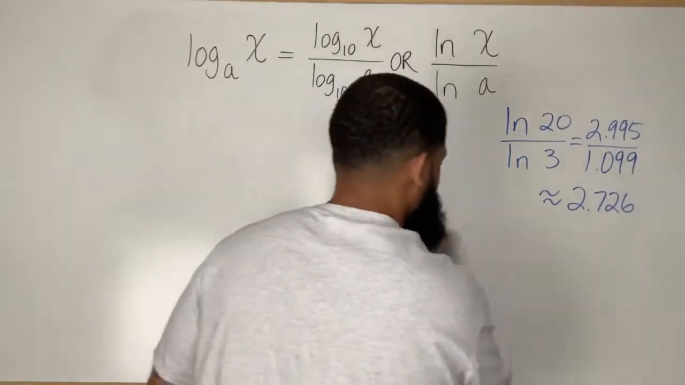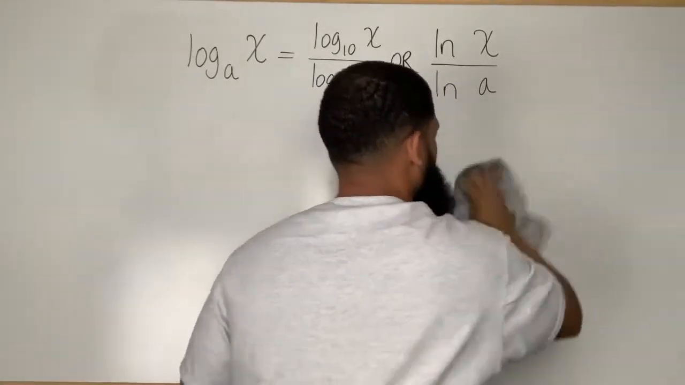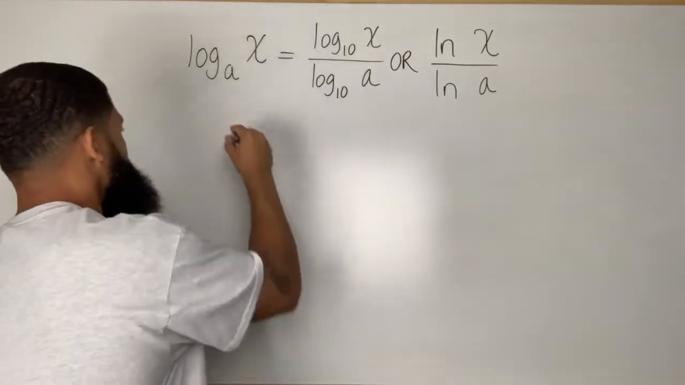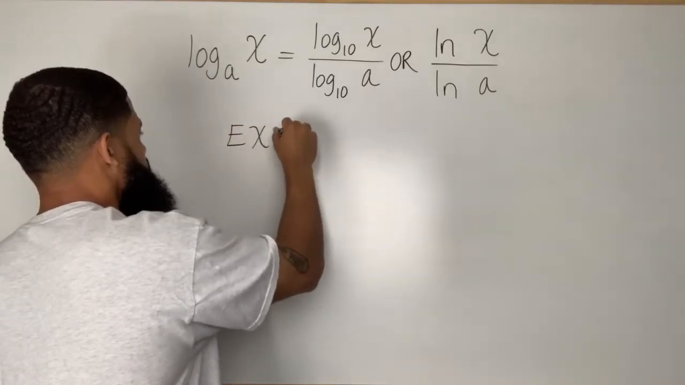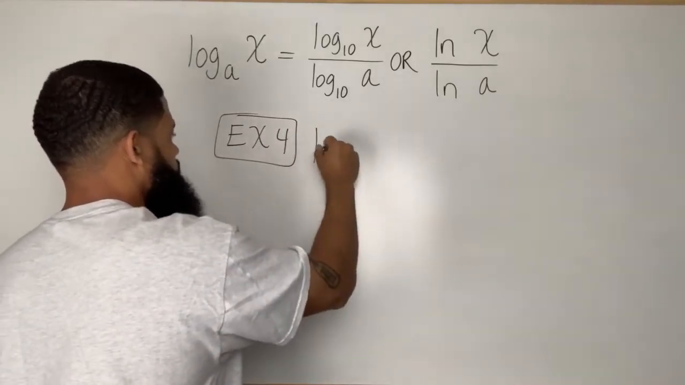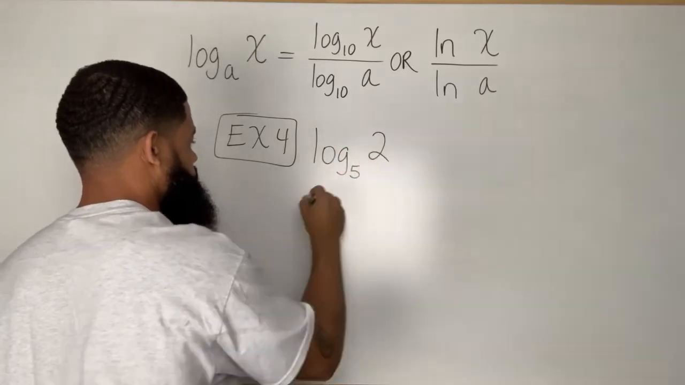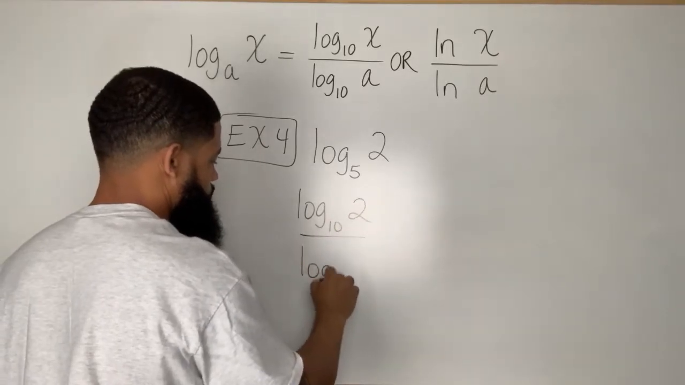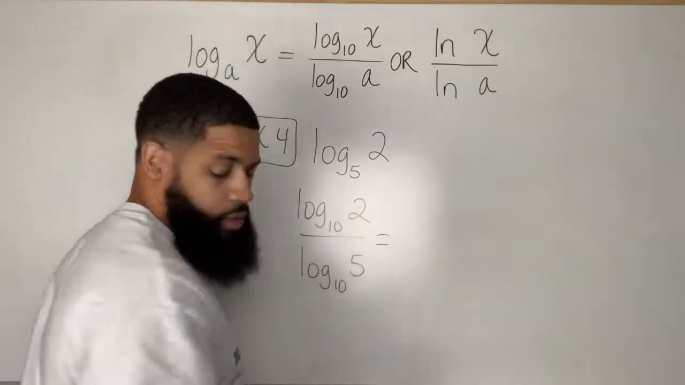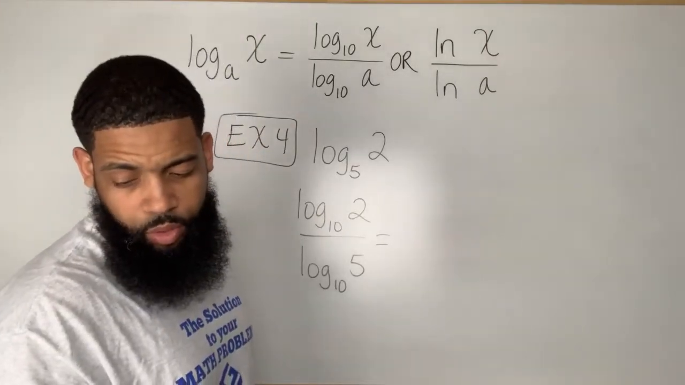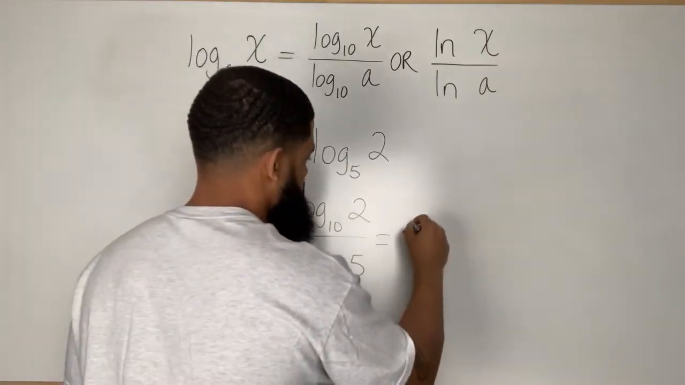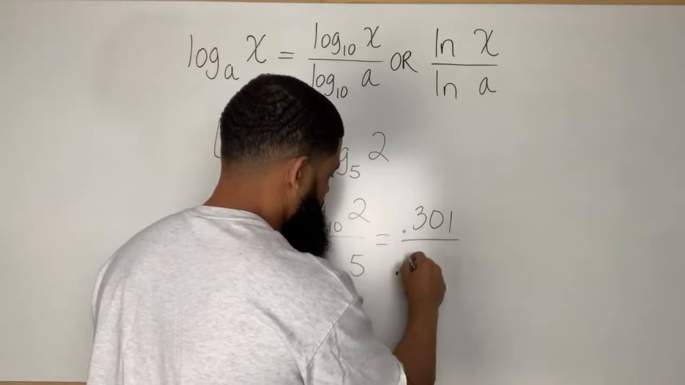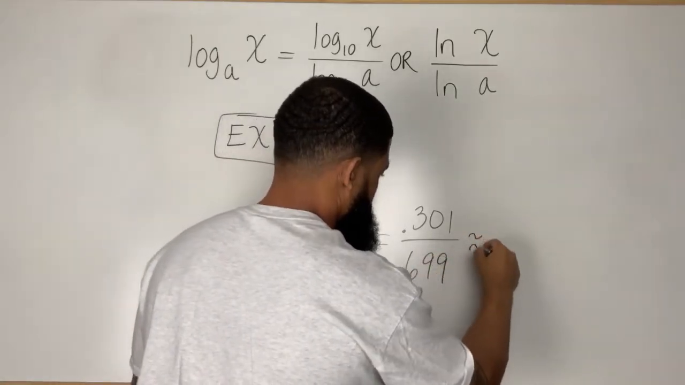Let's do one last example. All right, one last example of the change of base formula, and we have log base 5 of 2. So that gives me log base 10 of 2 divided by log base 10 of 5, and that value is going to be 0.301 divided by 0.699, which is approximately